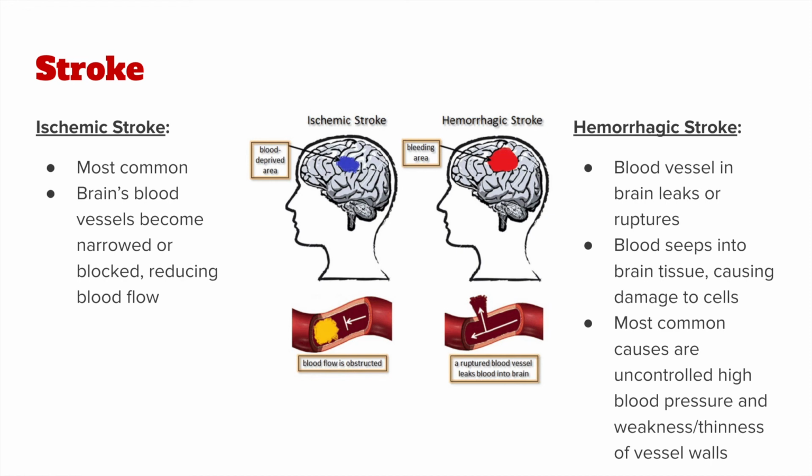Hemorrhagic stroke occurs when a blood vessel in your brain leaks or ruptures and can result from many conditions that affect your blood vessels, including uncontrolled high blood pressure, overtreatment with blood thinners or anticoagulants, bulges at weak spots in your blood vessel walls, also known as aneurysms, trauma like a car accident, protein deposits in blood vessel walls that lead to weakness in the vessel wall, and an ischemic stroke leading to a hemorrhage.